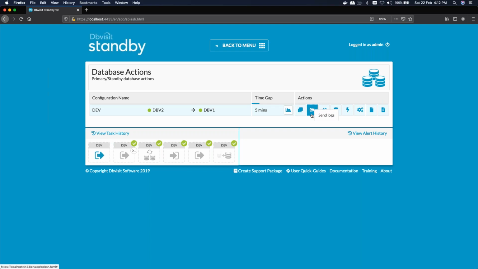You don't have to make any changes in your configuration file or any other changes, other than your application changes, where the application will point to the new primary server. From a Dbvisit perspective, you just have to start the daemon process so that it will start sending and applying archlogs in both primary and standby. That's the greatest advantage of this. And let me show you a demo of our